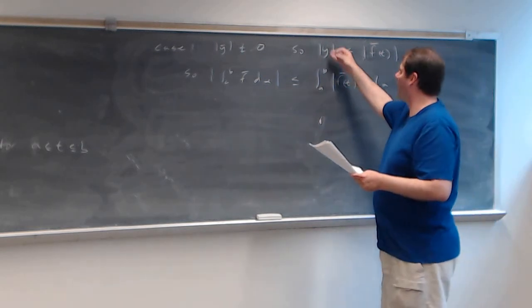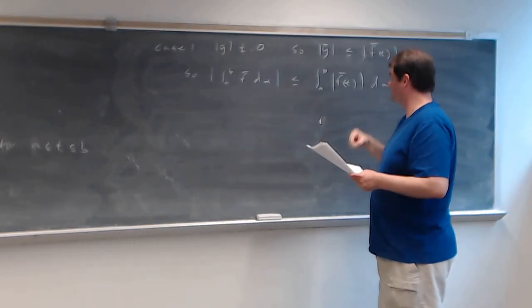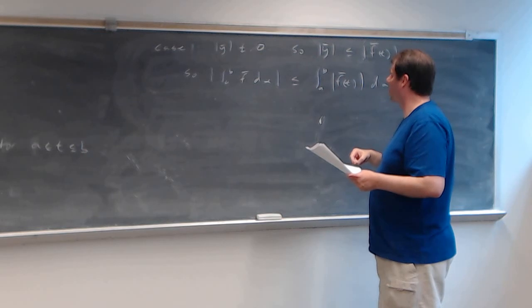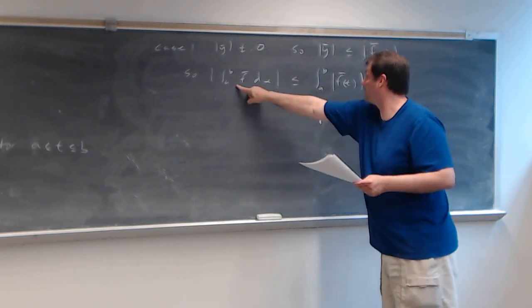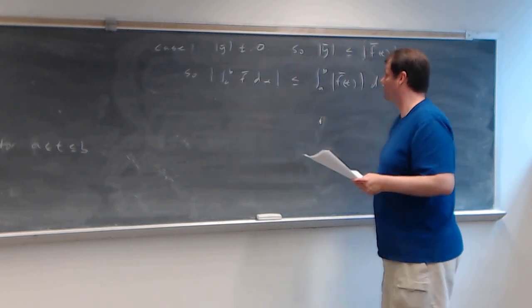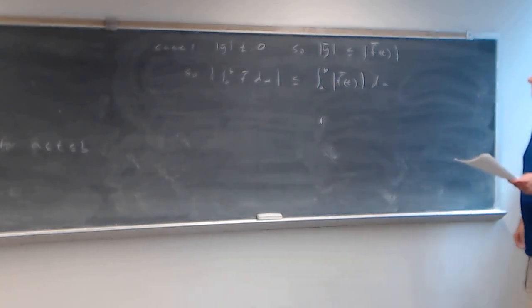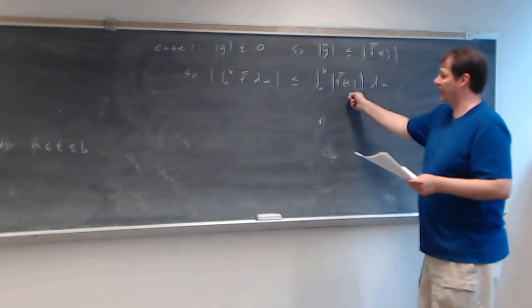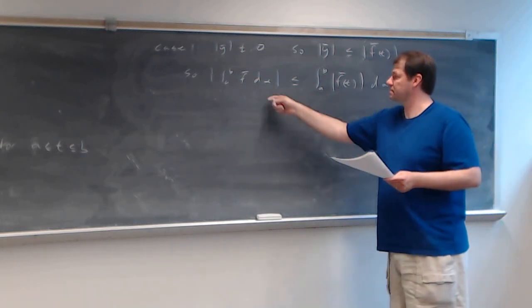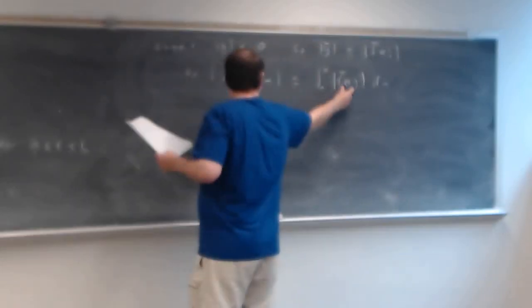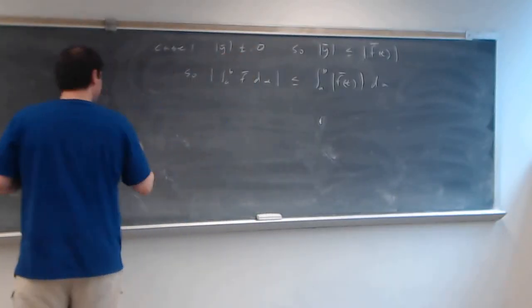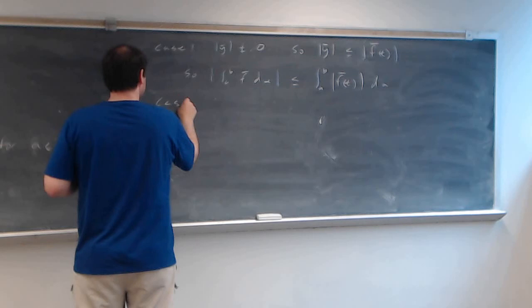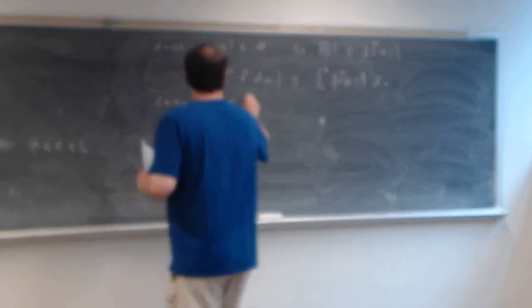Remember, y bar here, what I should have written, is nothing more than the integral from a to b of f d alpha. So this stems from a previous result we've already had. And this integral is less than the value of the other one. Okay, so case 2, if